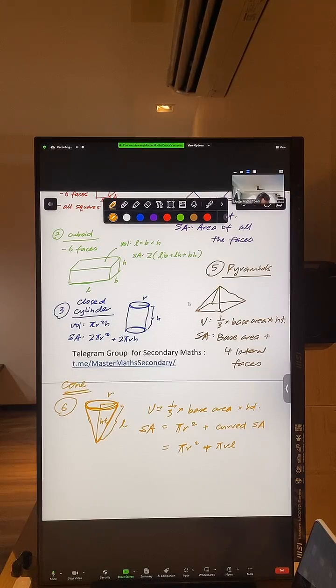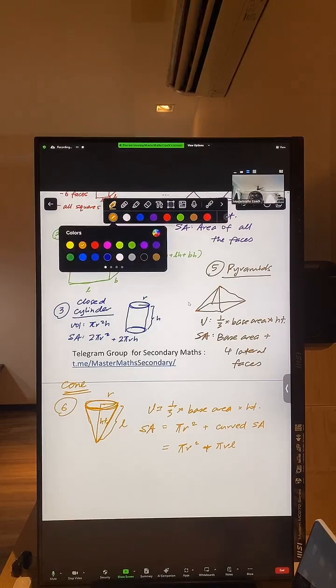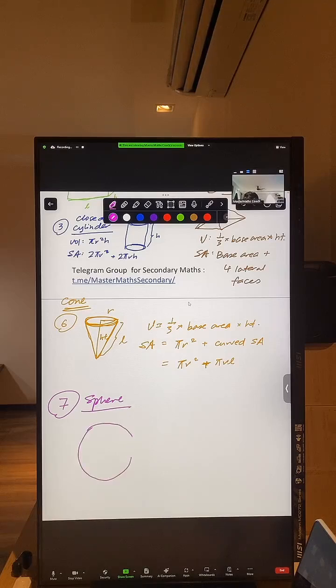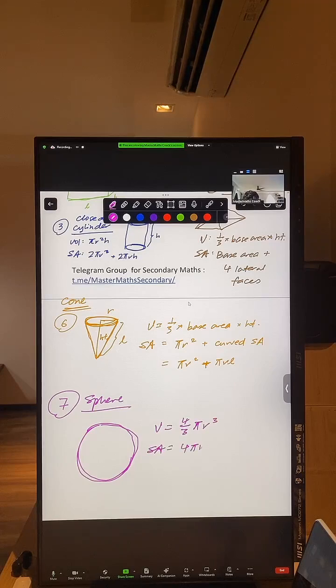Okay, we're almost there. Now we're going to talk about a sphere to end things off, and after sphere I will talk about hemisphere. So for a sphere, let's use pink. It looks like a ball. Sorry, my ball doesn't look very nice. Let me try and draw a proper ball. The volume of this ball is 4/3 pi r cube, and the surface area is 4 pi r square,